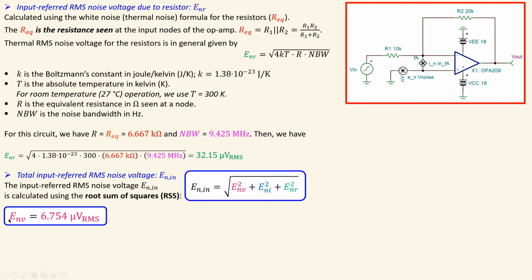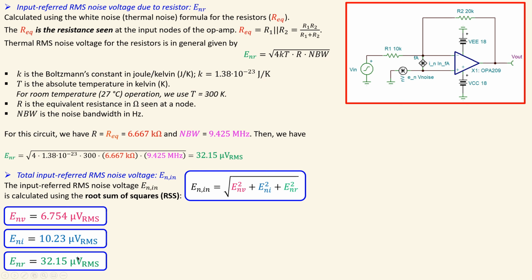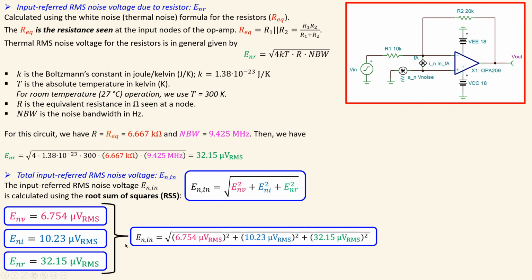We have the input referred RMS noise voltage due to the voltage noise source of the OpAmp. This is this value. We have also the input referred RMS noise voltage due to the noise current source of the OpAmp, which is this value. You can see this is larger than that one. And we have the thermal noise, so that's the input referred RMS noise voltage due to the resistors only. And this is larger than these two values. Now, if you combine these three in this formula and do the math for yourself, you will get the input referred RMS noise voltage,